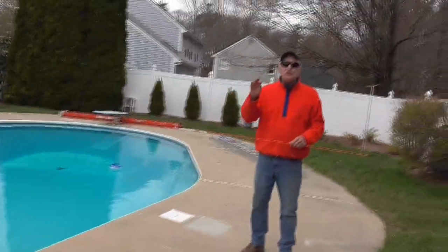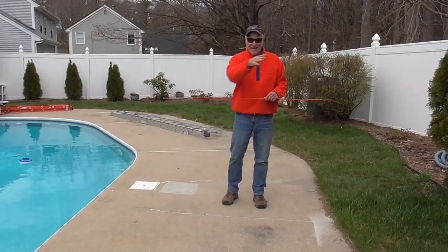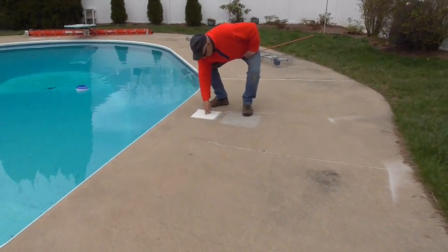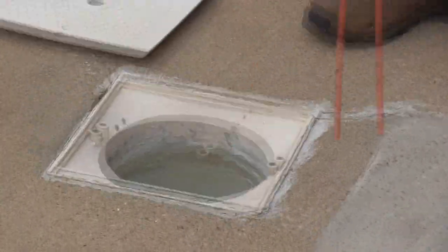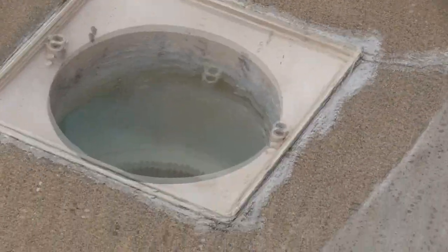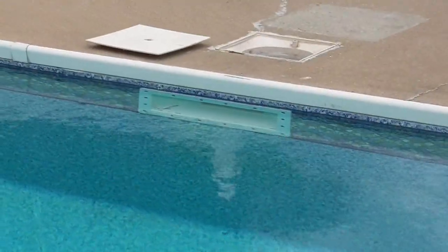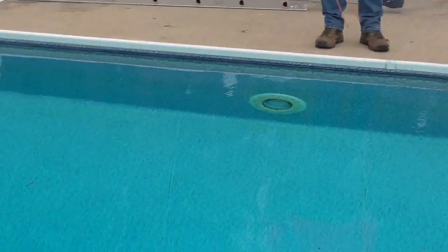There are two places where water is drawn into the filter. One is right here. It's called a skimmer port. Suzanne, if you could go around the other side and just show them where the intake is. The second place water is drawn into the pool is at the bottom of the pool. At the bottom of the pool there are two,